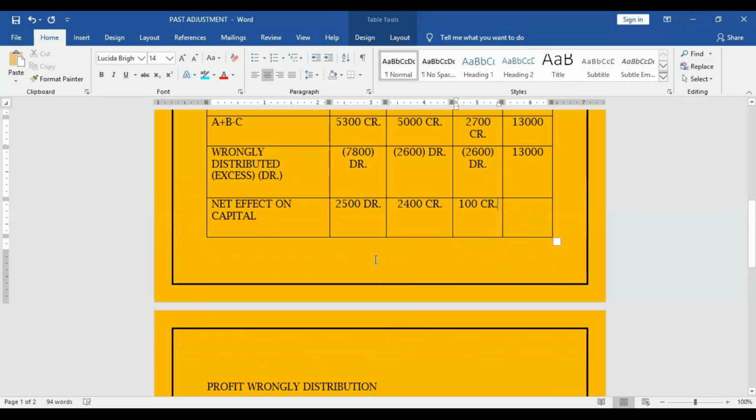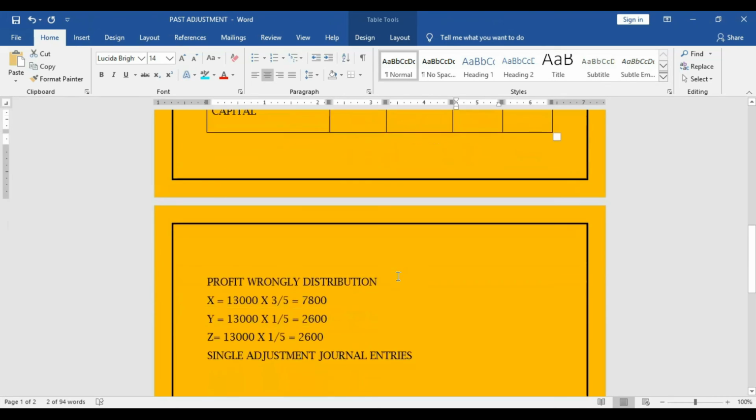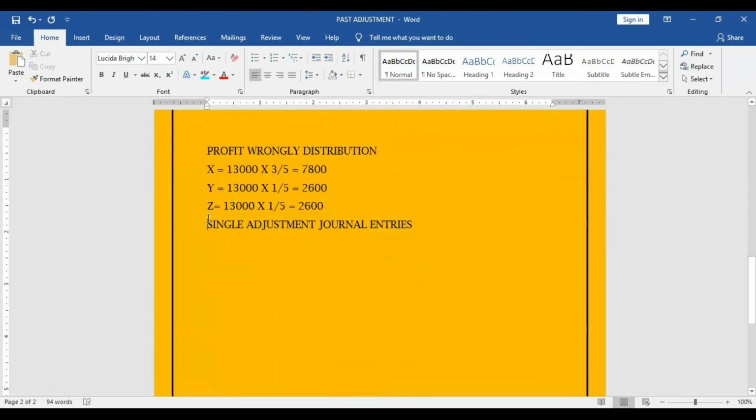So that's all. In order to make a single adjustment entry, the net effect 2,500, X capital account has to be debited, Y capital account has to be credited by 2,400, and Z capital account has to be credited by 100 rupees. So the single adjustment journal entry will be: